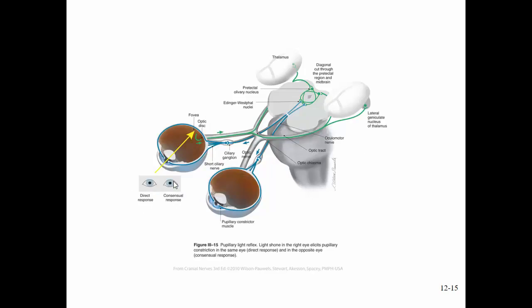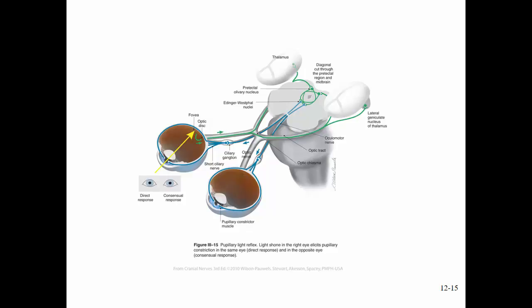Well, light shining in the back of the retina is going to stimulate cranial nerve number 2, which is the optic nerve. And if you look at your list, the optic nerve is only a sensory nerve, right? It only carries sensory information, so it carries light information into the brain, and it actually crosses over to the other side of the brain. So you don't need to know the parts of the brain here. But it goes to the brain, and then it causes a response,